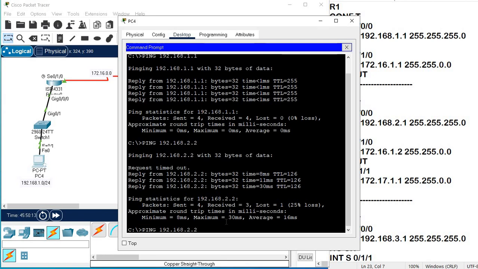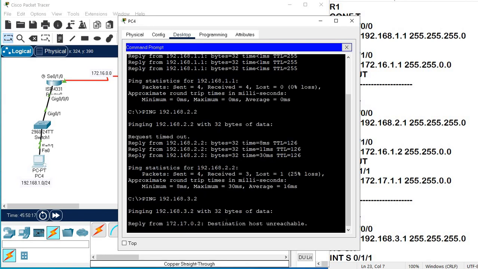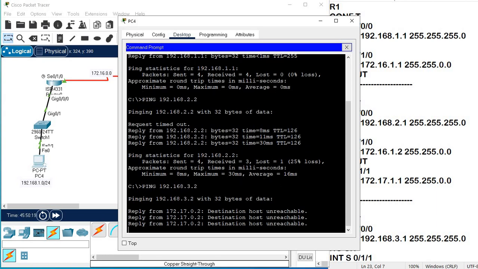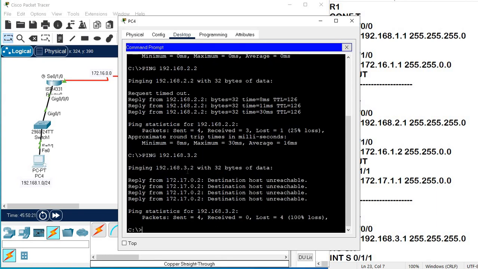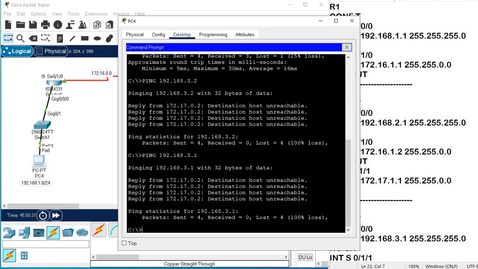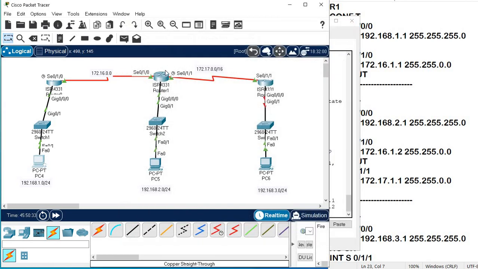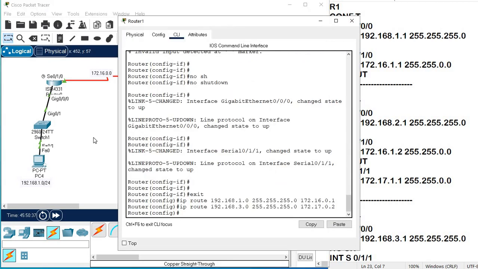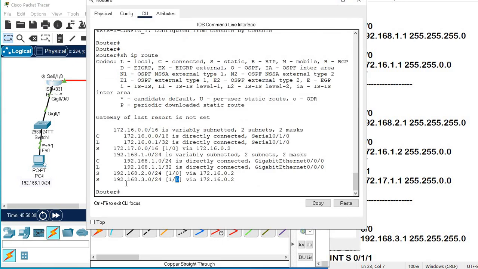If I go to the same third network, it is 3 hops away, but it is unreachable. Why? 192.168.3.2. Okay, is 3.1 reachable? Still unreachable. Maybe some error is here. We have to find the problem first. Okay, check the route information. The first router